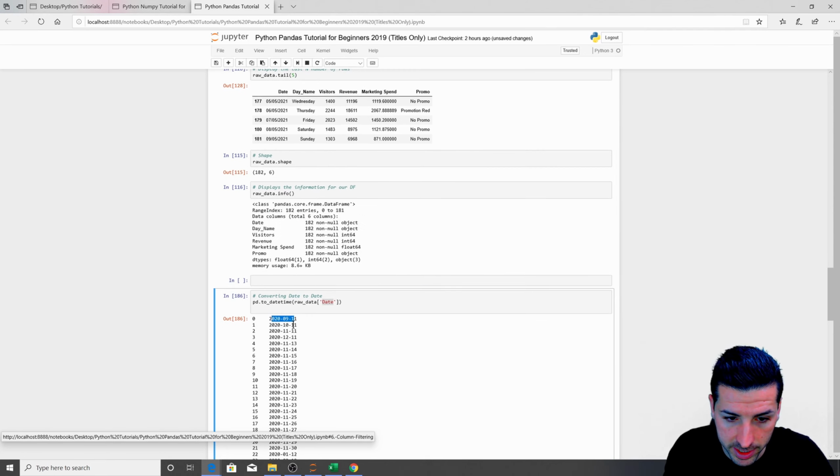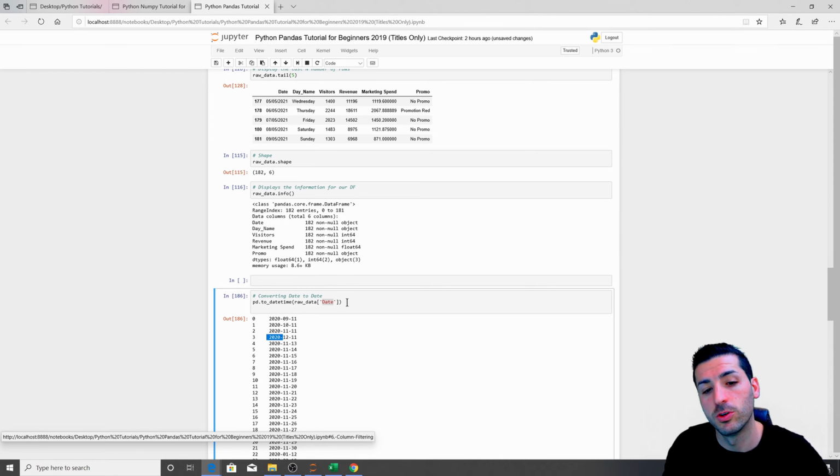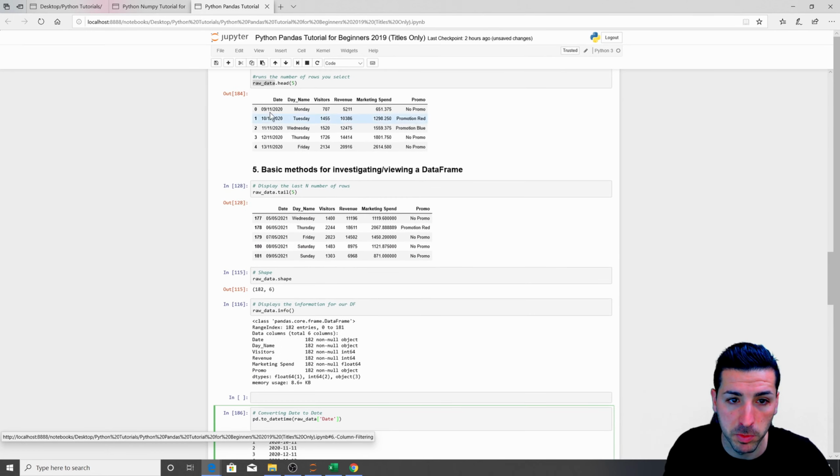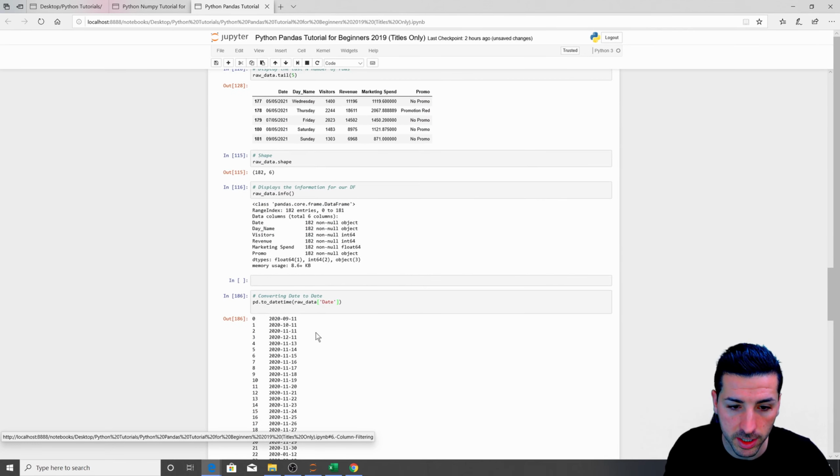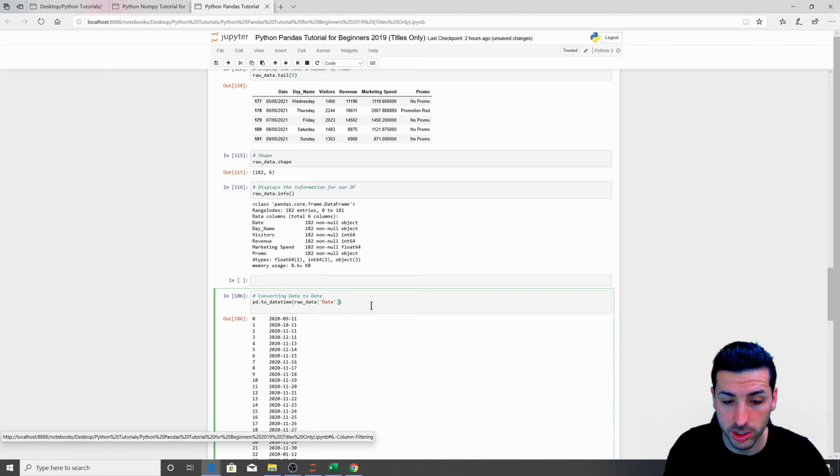So now we have more American dates, which are not really correct. So to fix this, we also need to specify the format. I'm saying it's not correct because if you check, the first date I have here is the 9th of November 2020, but down here it is actually the 11th of November 2020. So I can just say comma format